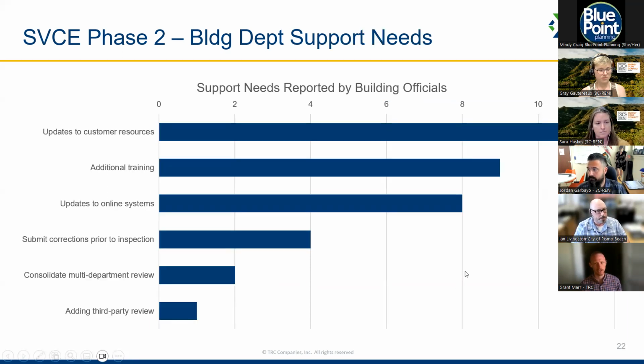The next slide shows some support needs reported. So with those same jurisdictions, these are based again on interviews with building departments, and these are areas where agencies would appreciate more support. And as you can see, again, each jurisdiction has its own needs, which is why for 3C-REN, we're focusing on really specific tailored needs assessments. I'll talk more about that later on today, but this shows you a little bit about what we found for